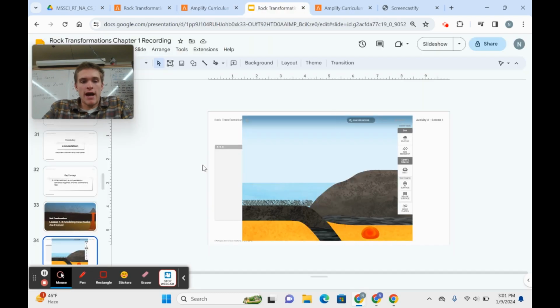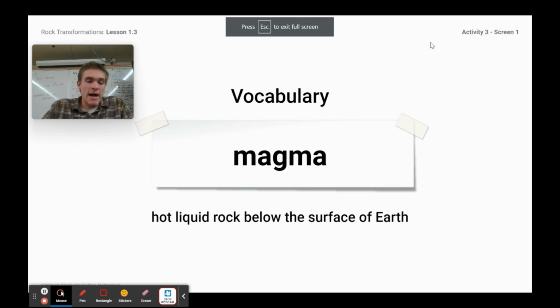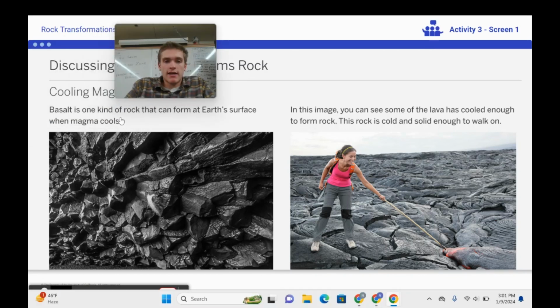So let's go back to our slideshow. Magma: hot liquid rock below the surface of the earth. Basalt is one kind of rock that can form on Earth's surface when magma cools. In this image, you can see some lava has cooled enough for rock to form, and it's cool and solid enough to walk on.